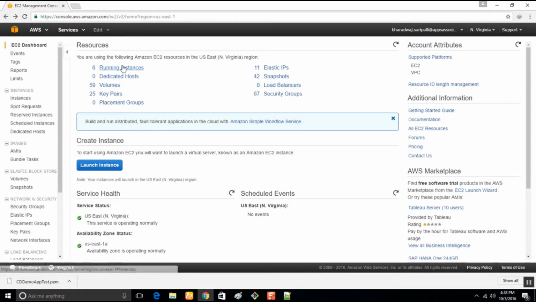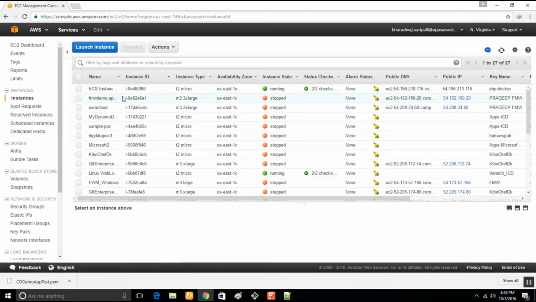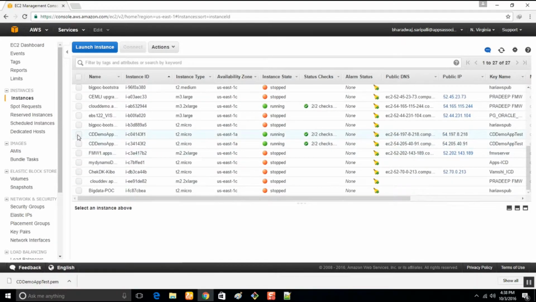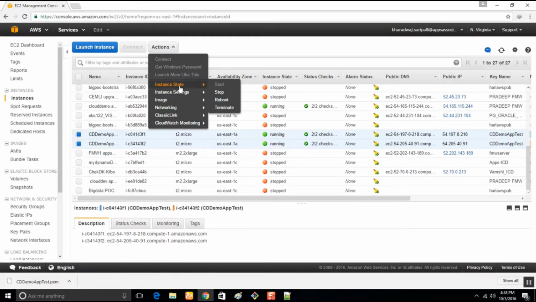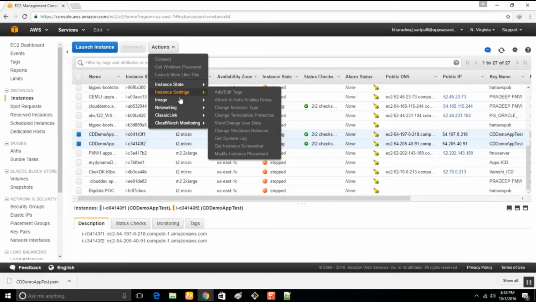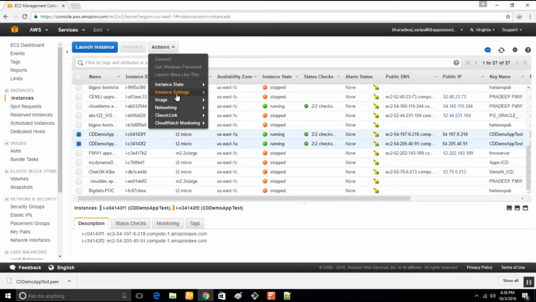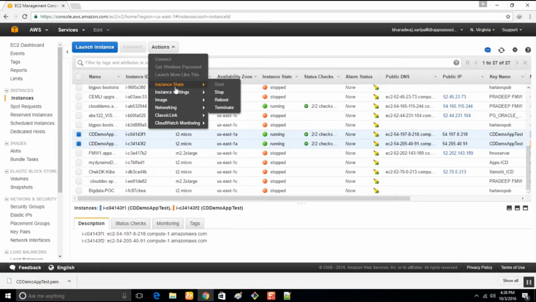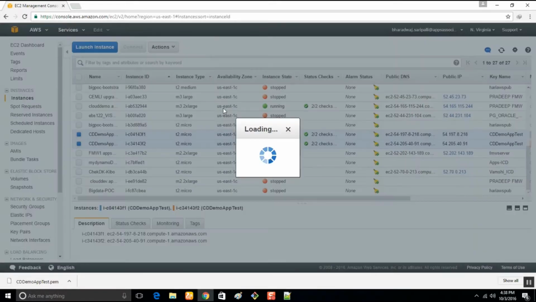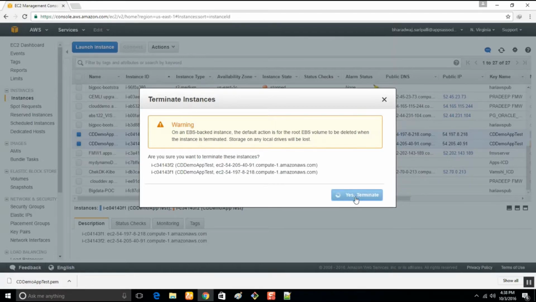Sorry, let's try to edit them if possible. I don't find any settings. The only option is to terminate. We don't need them anymore.